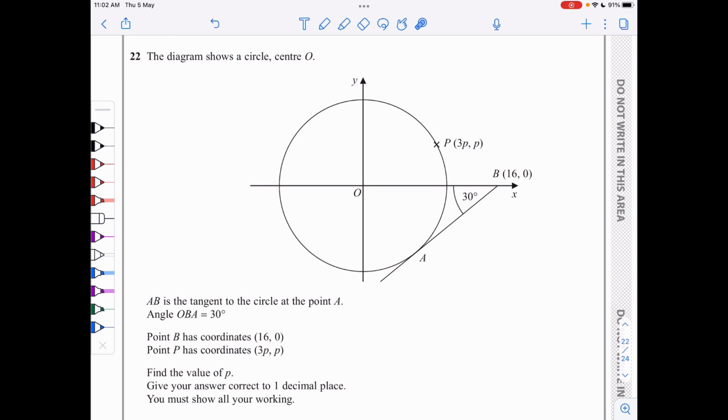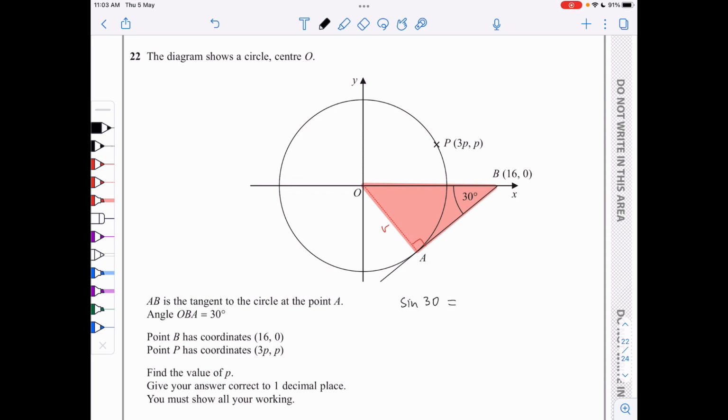So I will start by drawing the radius from O to A. So the radius is obviously going to be called R, and we know that this angle here is a right angle because the angle between the radius and the tangent at the point of contact is always going to be 90 degrees. So we're essentially looking here at a right angle triangle. I'm just going to highlight it so we can see it. There it is. So we can say that sine of 30